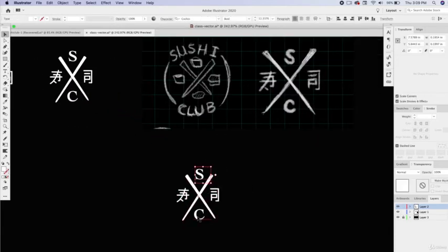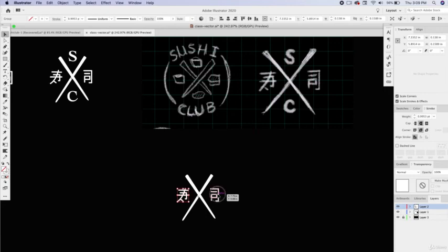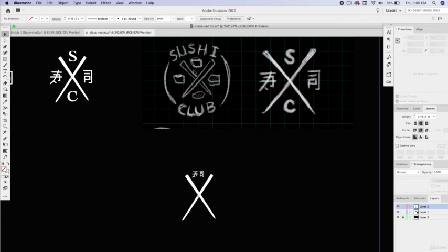So let's eliminate the S and the C. Let's put these two characters together. They're supposed to mean sushi in Japanese, but that's another thing I'll need to research even more. And put those on the top. Let's come up, we have the three. Right here I have 4 different sushis, but really the client talked about 3. Nigiri, sashimi, and maki. So let's see if we can't find some pictures on the internet that we can trace